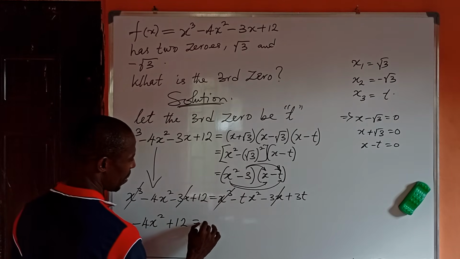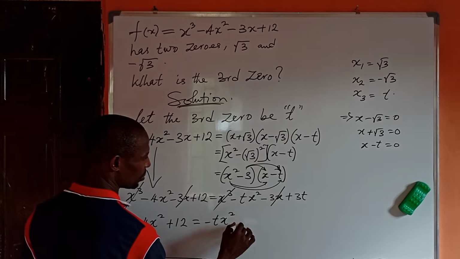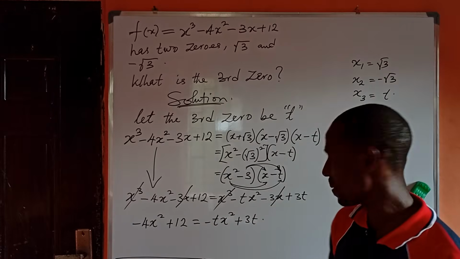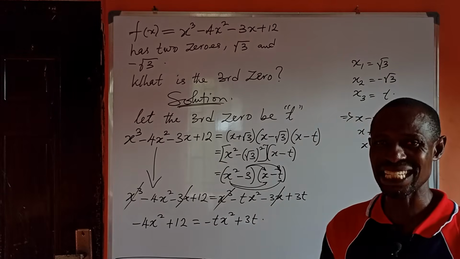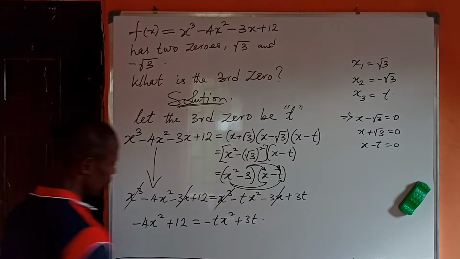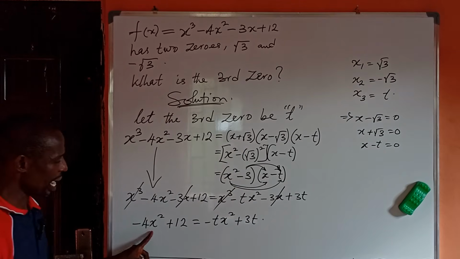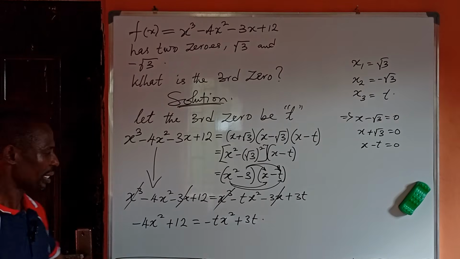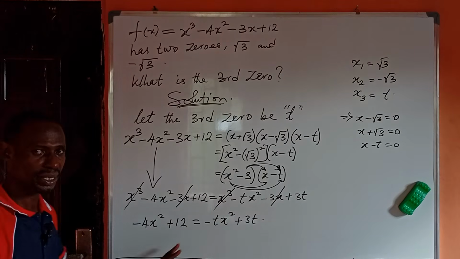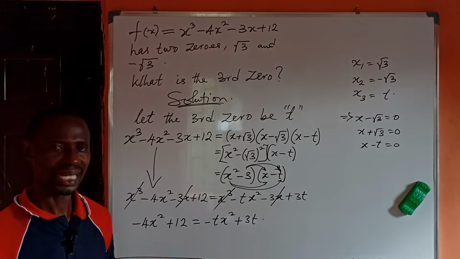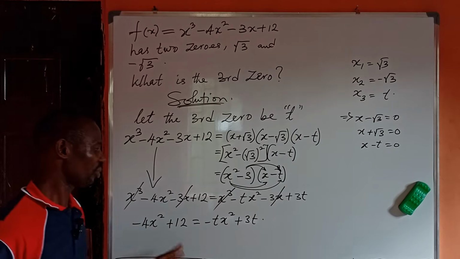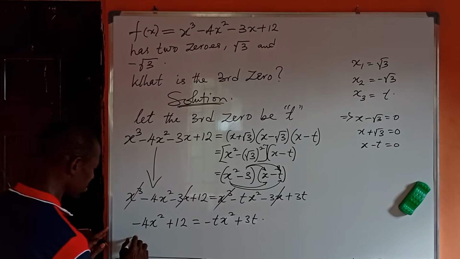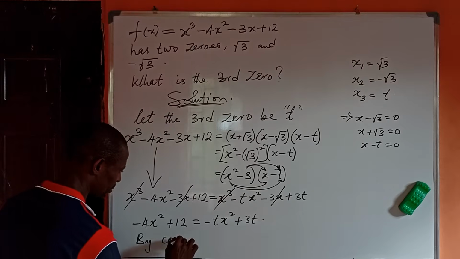here, equal to minus t x to the power of 2, then plus our 3t. So what we do at this point is easy. We just have to do a simple comparison. Okay, so we compare the x squared terms on the left-hand side to that on the right-hand side. Then we also compare our constant terms. If we compare the x squared terms, we can get our t from there, right? And if we compare the constant term, we can equally get our t from there also. So by comparison,